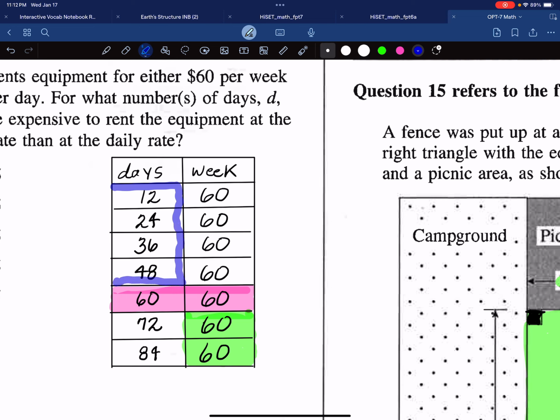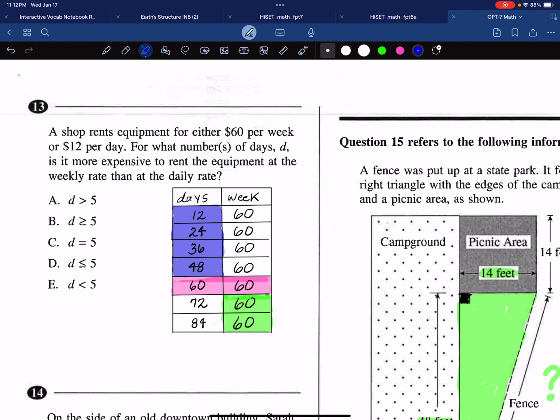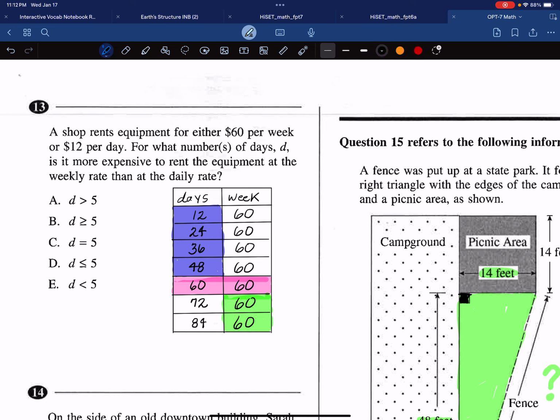So all we're trying to do here is figure out at what point does it become a better deal to do one way or the other. We're just comparing the prices at those two different rates. So the question says, for what number of days that we're calling D, is it more expensive to rent the equipment at the weekly rate than at the daily rate? So we want to know the point that the days